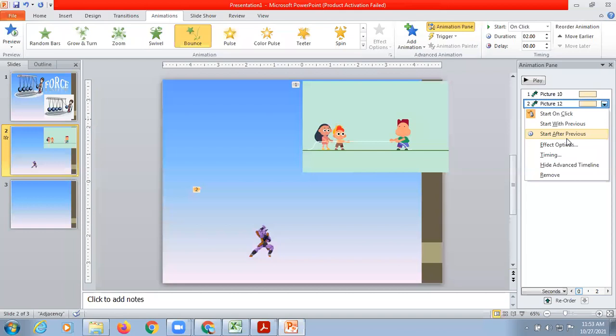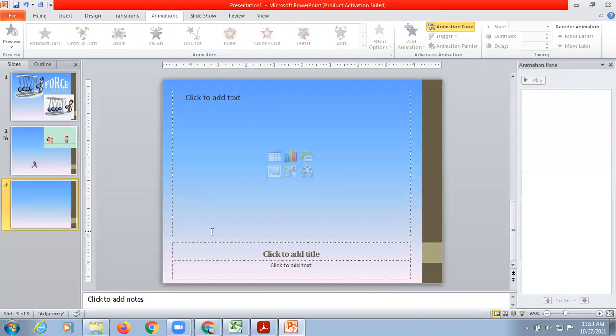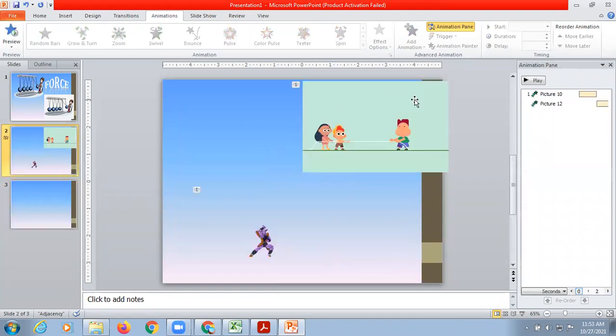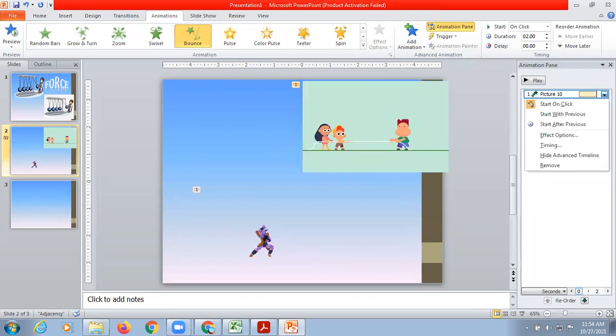So as soon as the first one finishes, the second one should automatically come. So Start After Previous. Now check the first and second one, right? So like this you can choose, and then you can choose till what time they will stay on the slide.